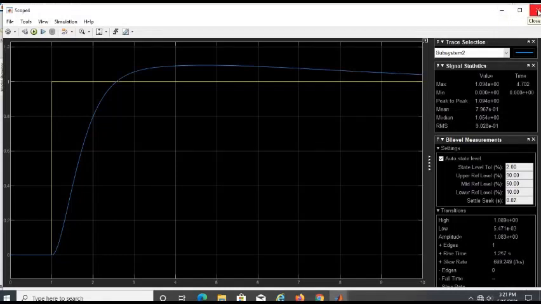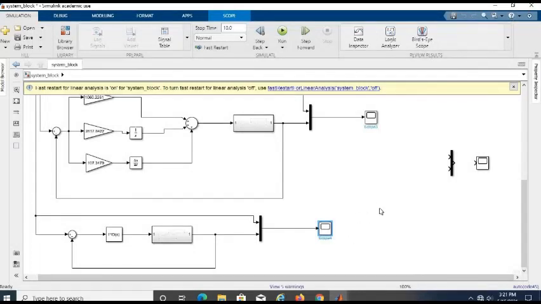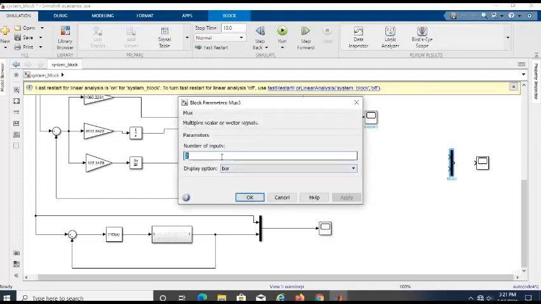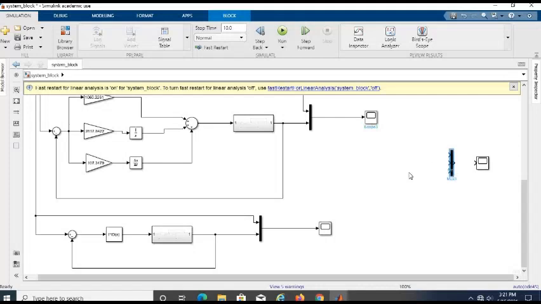Now we want to compare between manual tuning and auto tuning. It is for manual tuning.